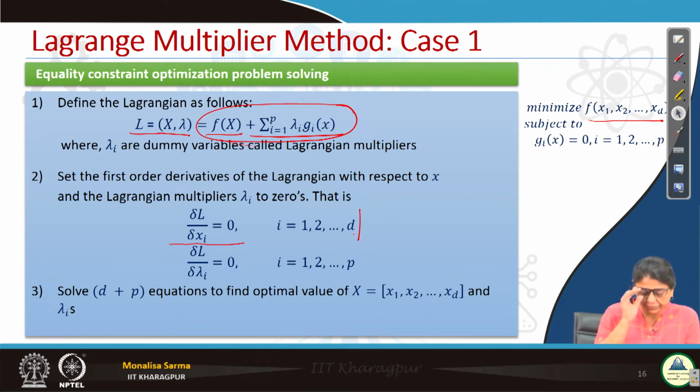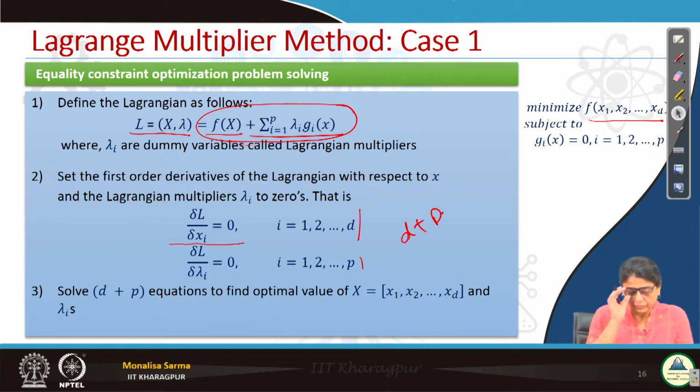Next, we will also differentiate with respect to lambda i. If there are p lambdas, we will differentiate L with respect to all the lambdas, lambda 1, lambda 2, lambda 3, and similarly we will be getting a total of p equations. So here how many equations will we get? We will get d plus p equations,